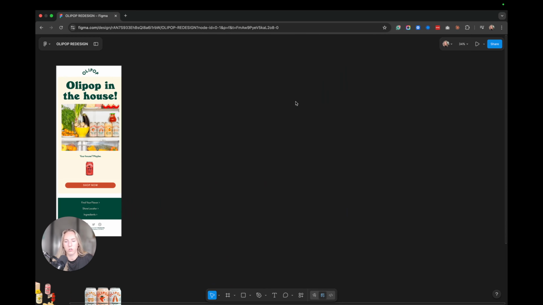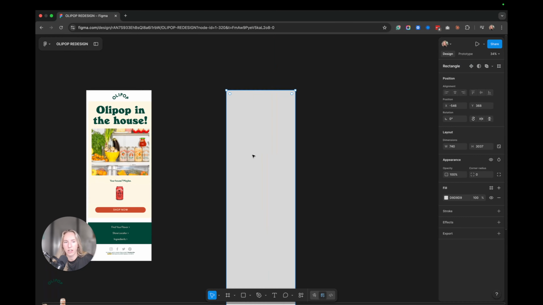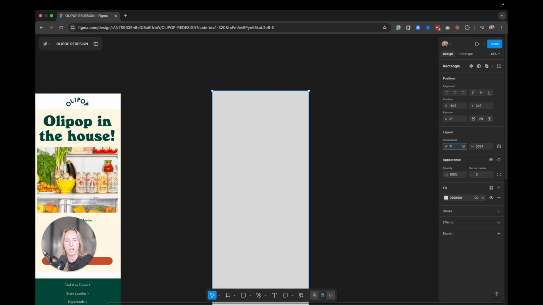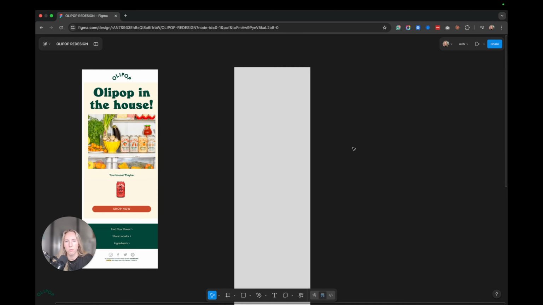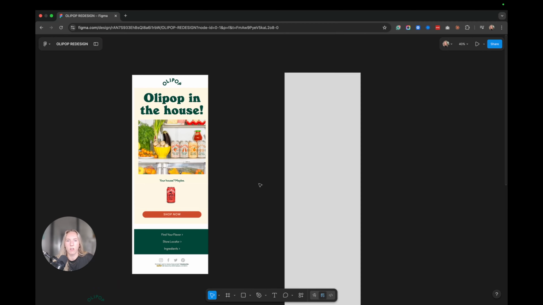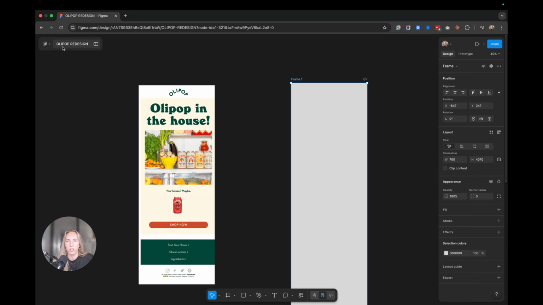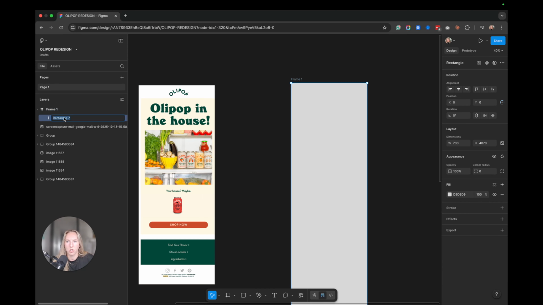So to start, what I want to do is press R and create a rectangle. And I'm essentially just going to drag it down and resize it like this. So the dimensions for a typical email should usually be around 700 in width, and I'm just going to make this 4070 as a guesstimate for the length. This will probably be a little bit shorter, but for now, that's essentially what I'm going for. Now, next thing I want to do is go ahead and frame this. So what this is going to do is help me organize my thinking, and everything is going to fall underneath here, right? So this, for example, is essentially going to be renamed to main template,